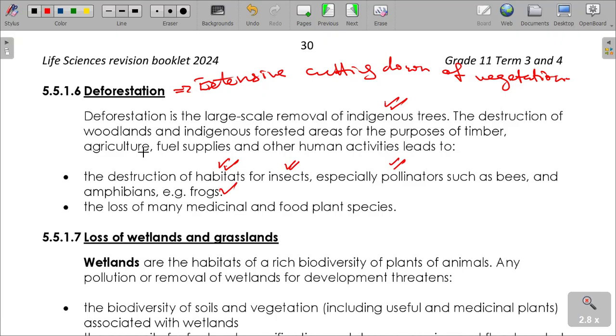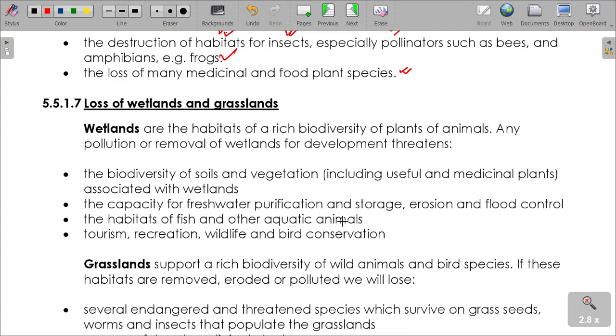Therefore, the loss of many medicinal and food plant species occurs, which we talked about as advantages of biodiversity. And then last but not least is loss of wetlands and grasslands. Wetlands are habitats for a rich biodiversity of plants and animals. I'm sure that we know that wetlands must be there for our variety of many plants and animals. There are water-loving plants and animals there. So any pollution or removal of wetlands for development threatens the biodiversity of soils, vegetation, including useful and medicinal plants